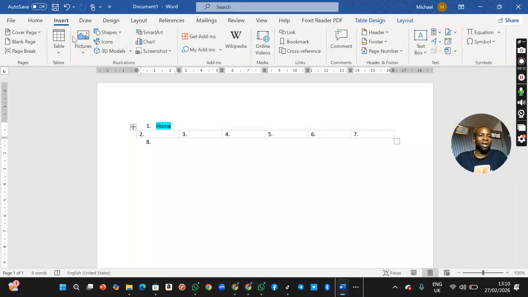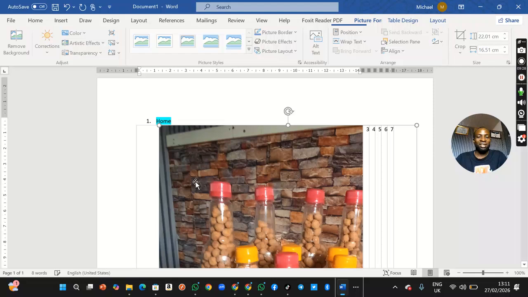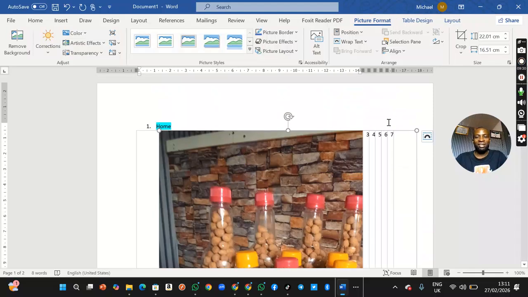So now let's say we want to add picture. Like I said before, look at picture. Just click on insert picture and select from this device. So it's going to load and take us to where we need to insert the picture. Let's say I have this picture and I want to insert it. Just click on it and click on insert. The picture will automatically be inserted to your